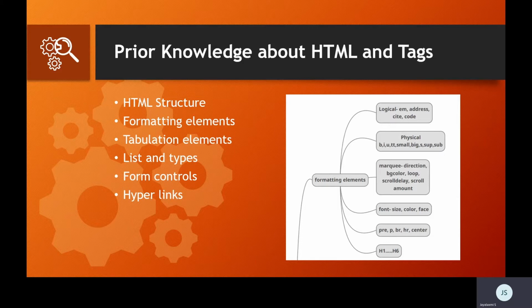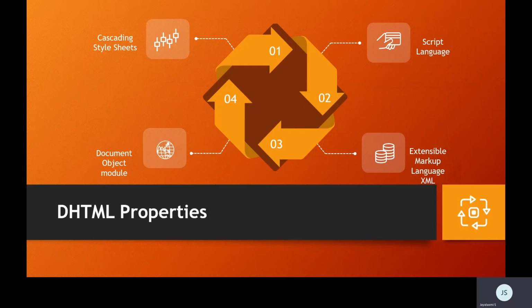But DHTML is all about extension, I can say. We're going to do something else for a normal HTML program. So for that, first we have to have a minimum idea of how to write a basic HTML program. Then we can do the add-ons. Okay. So with DHTML, we cannot directly take a page and say I'm going to store it with a .dhtml extension and this became a DHTML program. No. If I have to say this is a DHTML program, we should have four basic properties. Okay, four basic properties.